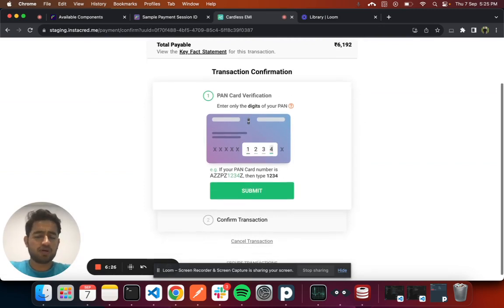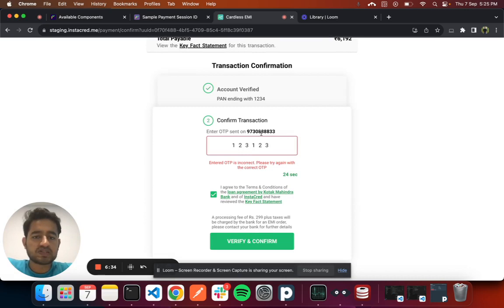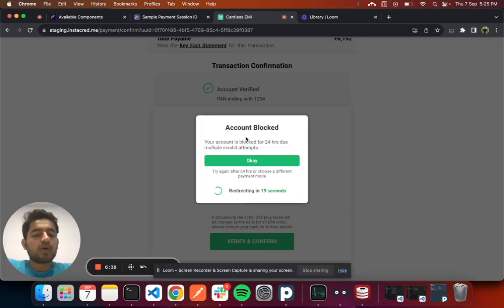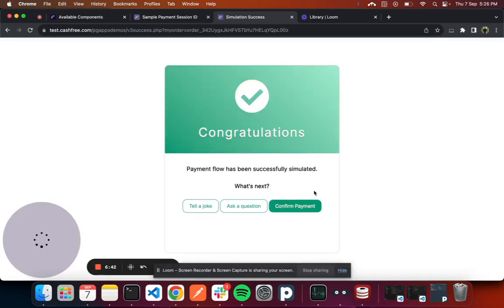Entering any value for now, as it is just the sandbox environment and it is not live. Entering any OTP again, which we have not received since the number is dummy. Okay, my account is again blocked, and if I click on OK, it will take me to a successfully simulated payment page. And if I click on the confirm payment button,